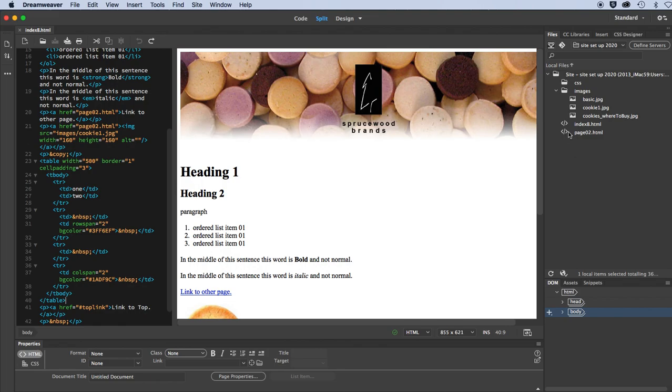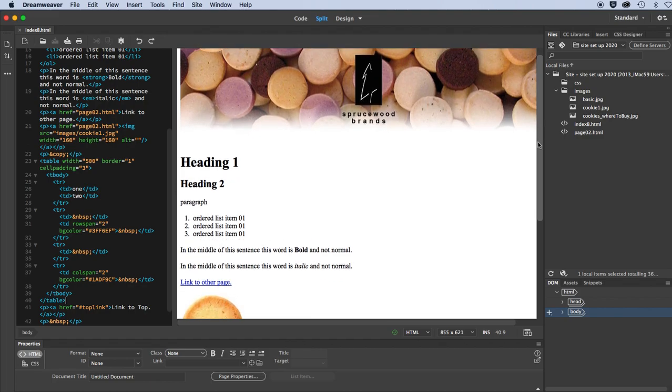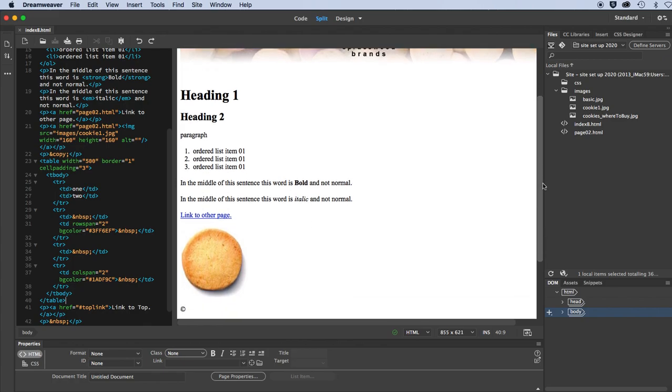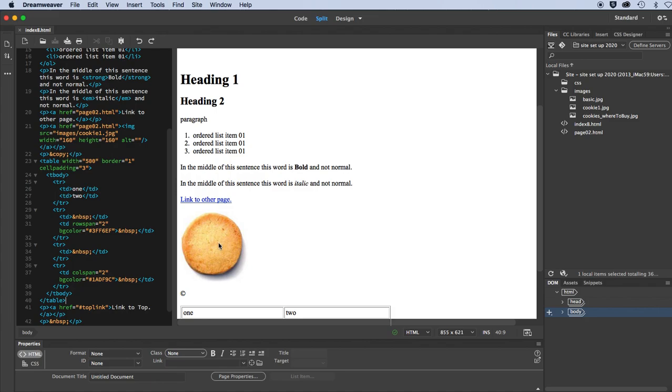Currently I've got one called index.b just to use as a model, and I'll create a new one right now. So here is the page, and it is very similar to ones we had previously hand coded, but we've got some placed images, some different formatted text, heading 1, heading 2, a paragraph, an ordered list, a sentence in a paragraph with a word with the strong tags attached to it, creating the bold, one with the M tags attached to it, creating italic, creating some text links, adding another image that also doubles as a hyperlink,